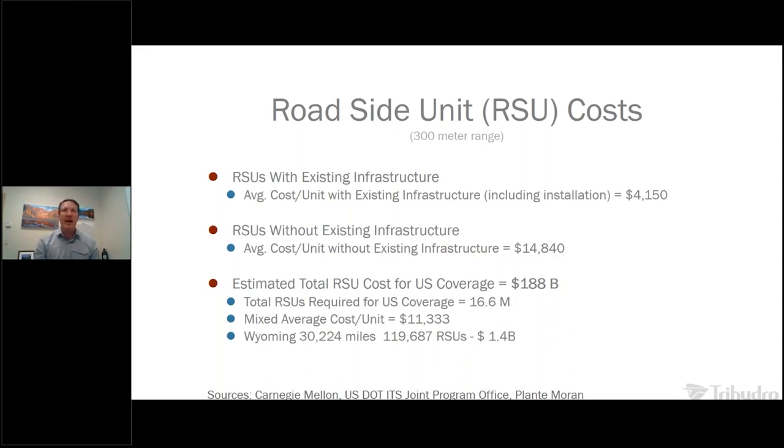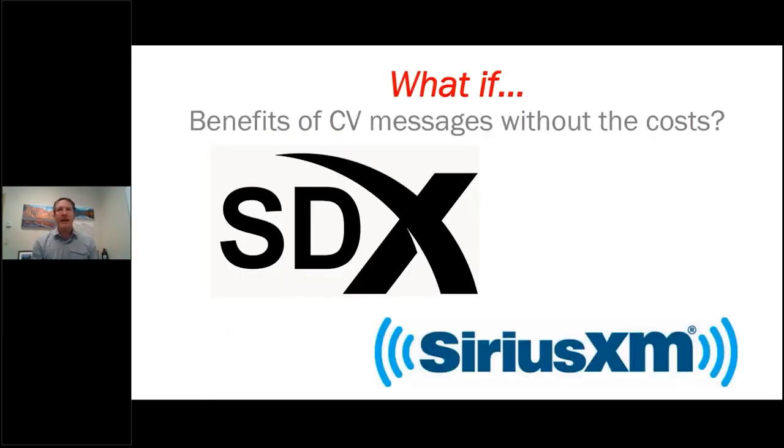Well, let's scale that way back. Let's say we don't need 100% coverage. Let's look at just 33% coverage. 1/3 of all roads would be covered by RSUs. You're still talking about $500 million. And I don't know about your states, but our states, Wyoming in particular, could definitely not afford $500 million, especially right now. So let's look at what if we could actually deploy connected vehicle messages and avoid all the costs